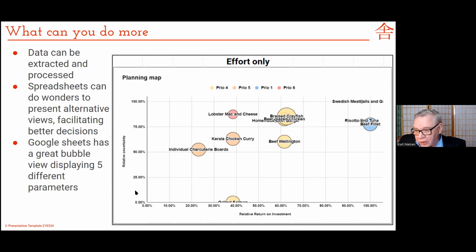On the other axis, we have the uncertainty, the accumulated uncertainty, both on the effort and the value estimation. And you can see they're all pretty uncertain, apart from, of course, grilled salmon, which we know, so there's 0 uncertainty. But in this case, the Swedish meatballs were high up there. This was the first estimate that we did. We were sort of playing around with the fact that, okay, we asked the Swedish, since the bride is Swedish, we asked the parents who have to pay the whole thing,